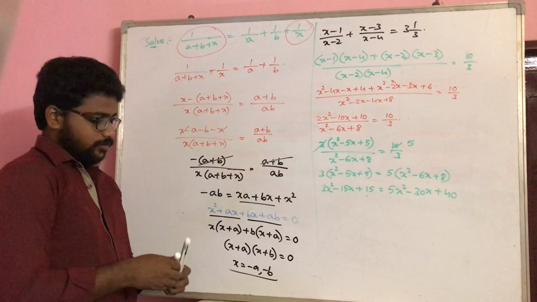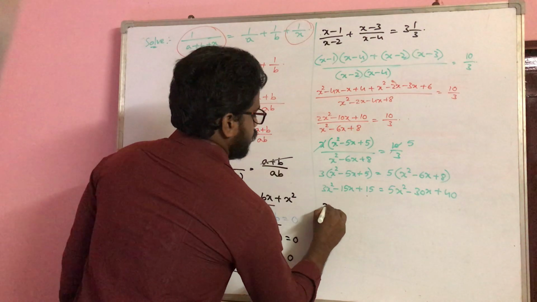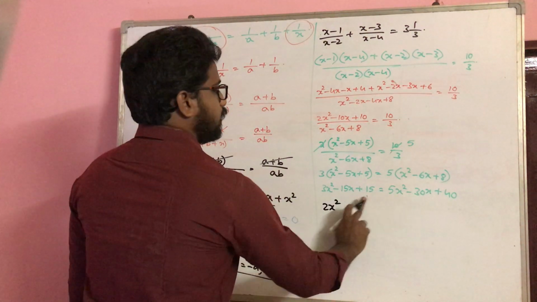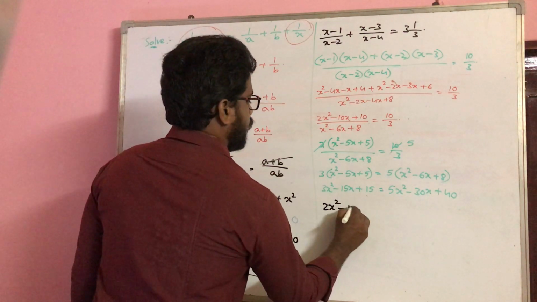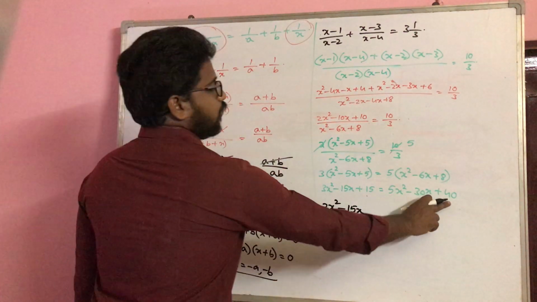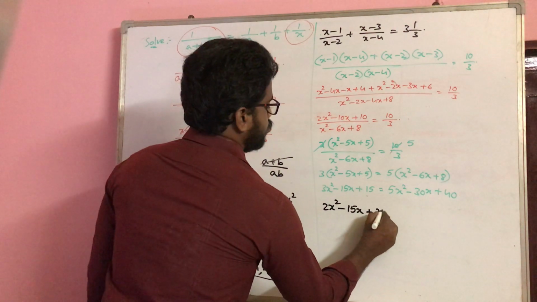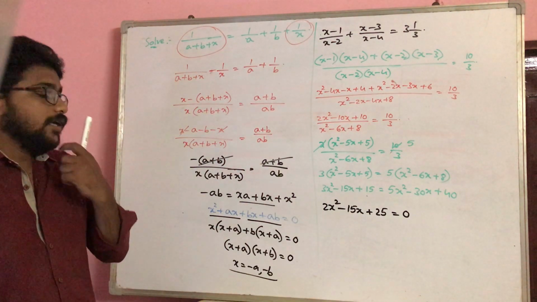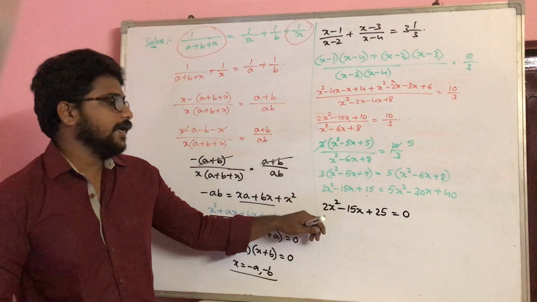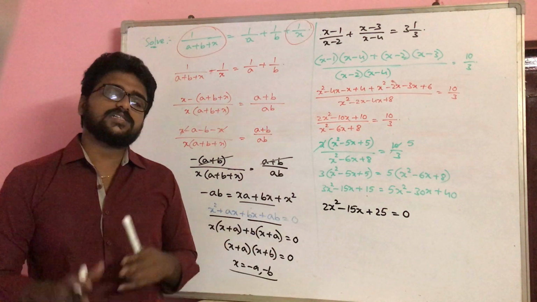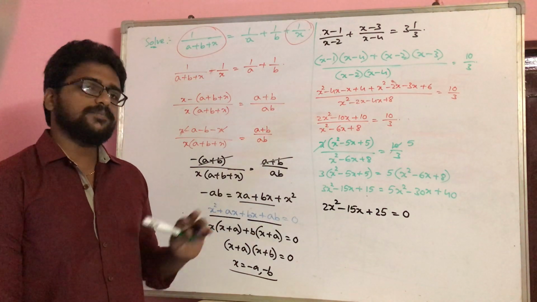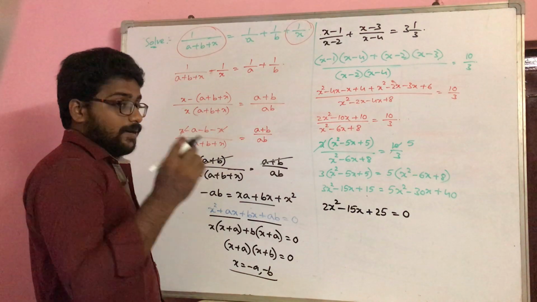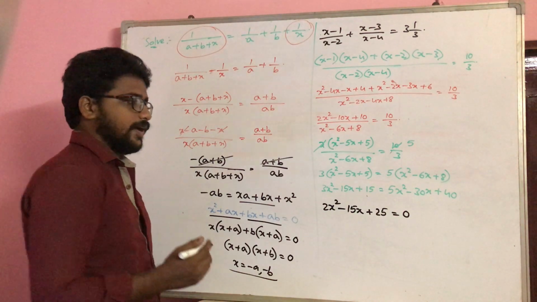Now bring all the terms to one side. That will give you 5x square minus 3x square, which means 2x square, minus 30x plus 15x, which gives minus 15x, and 40 minus 15 gives you 25, is equal to 0. So if you feel any difficulty in getting the factors for this type of polynomial, you still have the scope of going for the quadratic formula. But I will tell you one method of approach that you can follow for factorization.